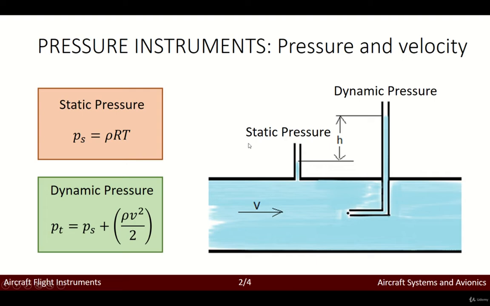The static pressure is the pressure that you perceive at a certain point. If you are standing at sea level, the pressure will be that which is derived from the atmospheric pressure above you. However, if you are climbing a mountain and you're 3,000 meters up, at that point you will perceive a different